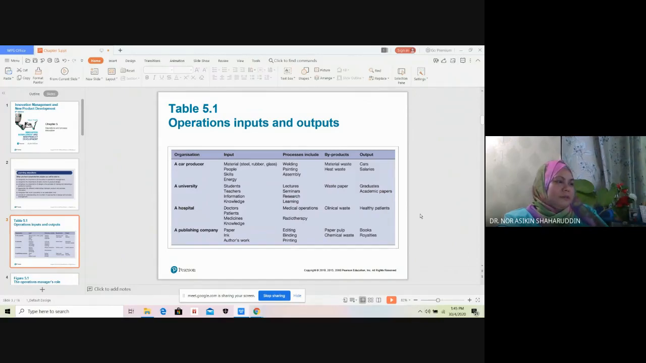So this chapter basically looks into the design and management of the conversion process as given here in table 5.1. This table illustrates the operations and inputs and outputs function, which include the elements of design, planning, as well as the improvement. So basically,